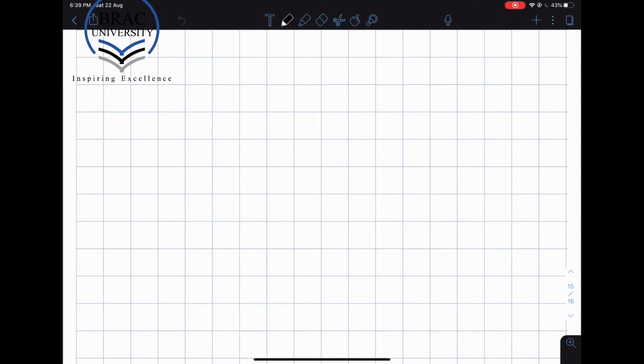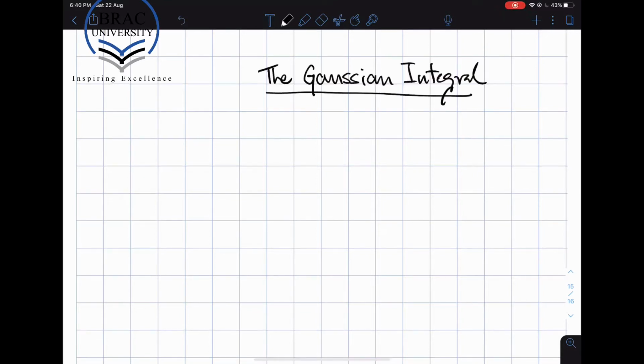So in this video, we are going to discuss the Gaussian integral that we used in our main lecture. Of course, the Gaussian integral is one of the most fundamental integrals that's used quite often in physics. And I'm sure you all know the fundamental Gaussian integral. So in this lecture, we're just going to discuss how the result of the Gaussian integral is going to be rearranged to give some physical meaning to the wave function that we saw